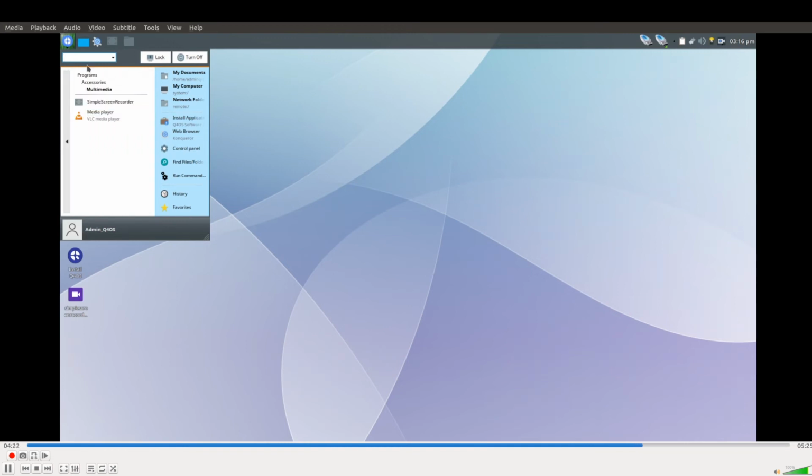Again, very easy navigation. VLC's installed, very nice. Settings, look switcher, system,